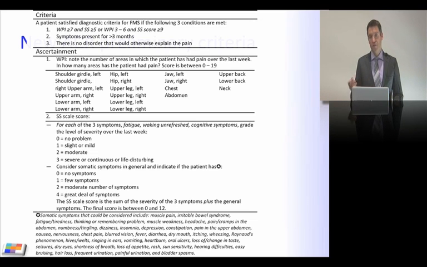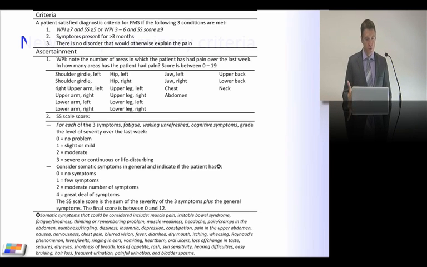To diagnose fibromyalgia according to this new diagnostic criteria, patients need to meet 3 criteria. They need to have a certain widespread pain index score and a certain symptom severity score. I'll elaborate in a second. They need to have the symptoms for more than 3 months, and there needs to be nothing else that can cause the pain. Now these are the two interesting things.